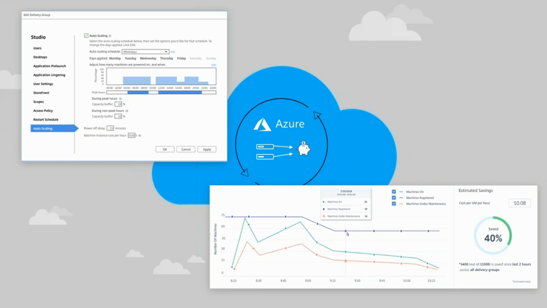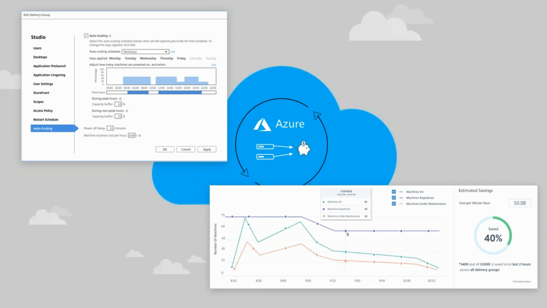So obviously you need your hosting connection in Azure. If you're going to use MCS, you're going to use autoscale for that. But we can then manage capacity and have a capacity buffer of say 10% or whatever, so they always have some machines turned on if you need to. And you can also work with peak times and have a schedule based on and off as well. Make sure that those machines are registered. If they're not registered, and I've done this in my lab, you can't power manage them.